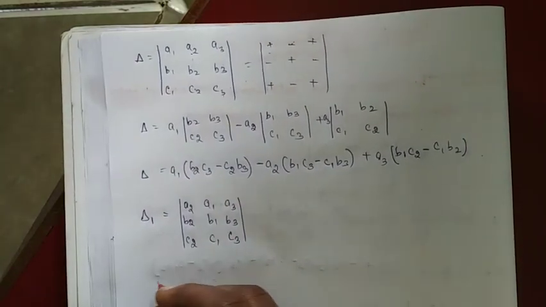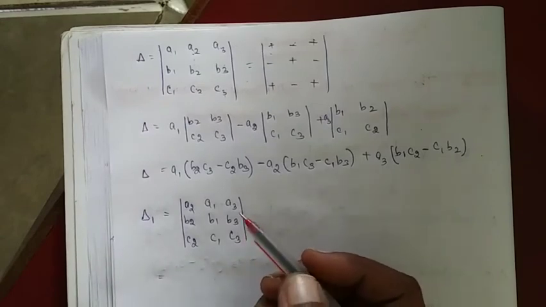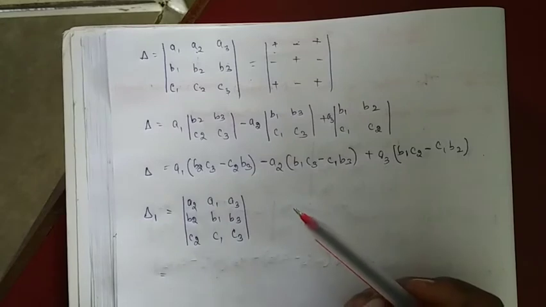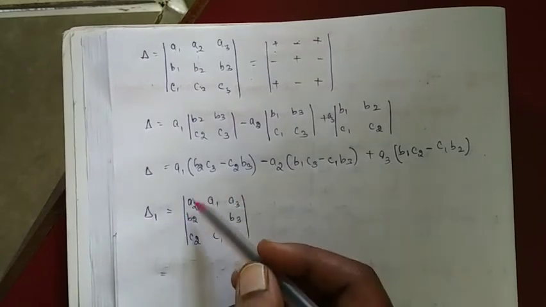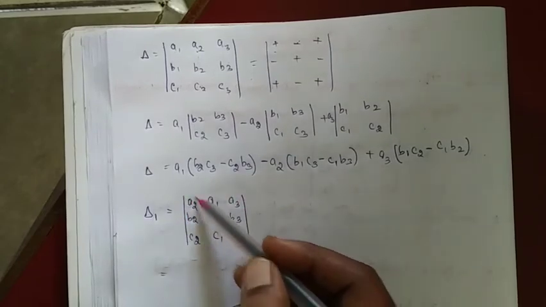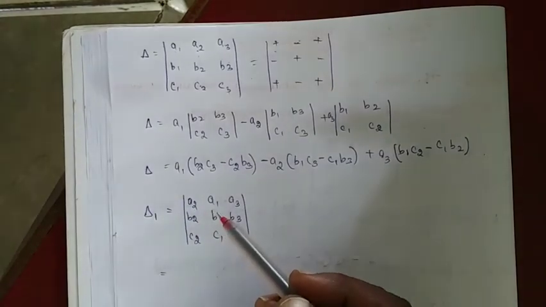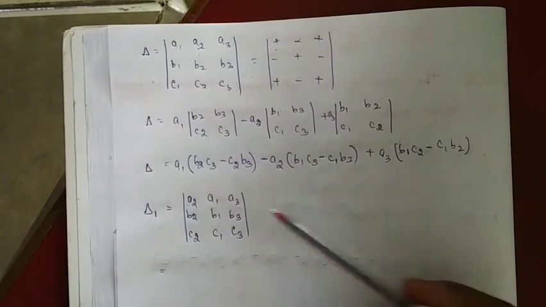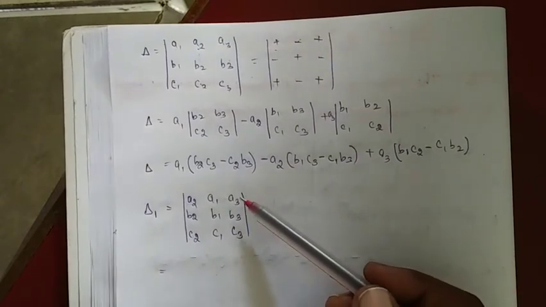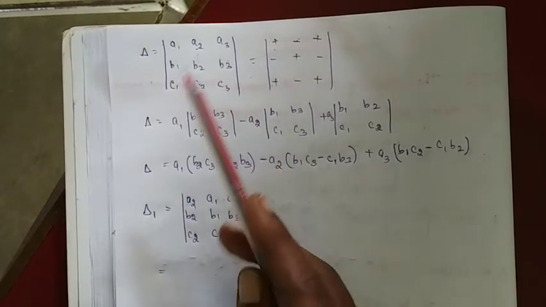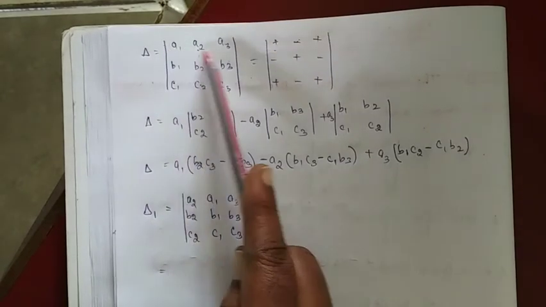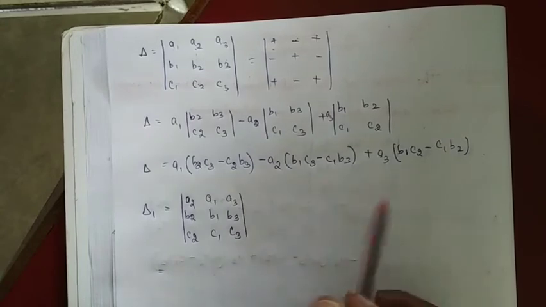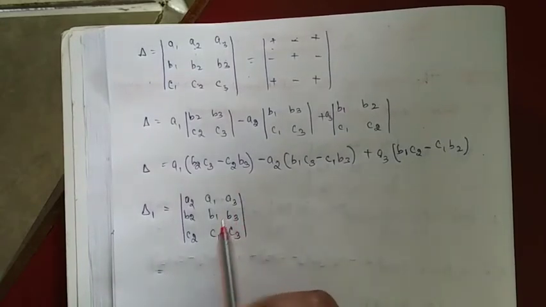Now this is equal to, now see here, let us take this row wise. First row let us take. Now this is a2 and here a1, here a3 is there. See here we have taken in terms of a1, a2 and a3. So here also let us take in that same way.